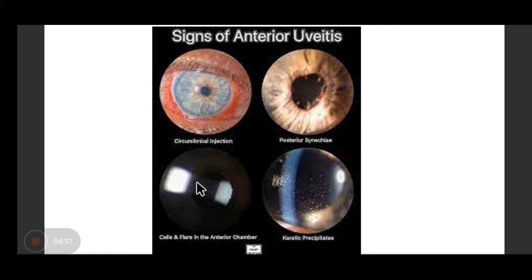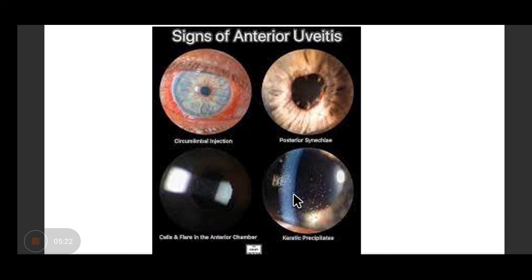In case of any inflammation, there will be cells present in the anterior chamber. Then you have the keratic precipitates, which are the deposits over the endothelium. These deposits you can see mostly present in the inferior part of the cornea. This is because of gravity and the aqueous which is flowing and getting accumulated in the inferior part of